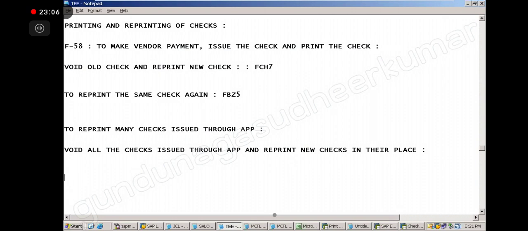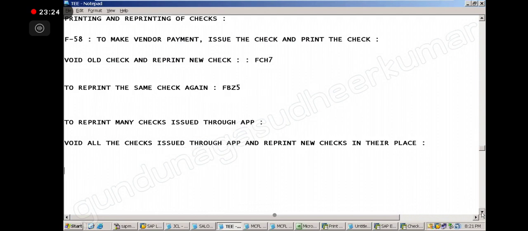Is there another T code for this? There is no T code. In APP only you have to run it. So either the variant problem is there or wrong vendor, wrong open item is selected, right?